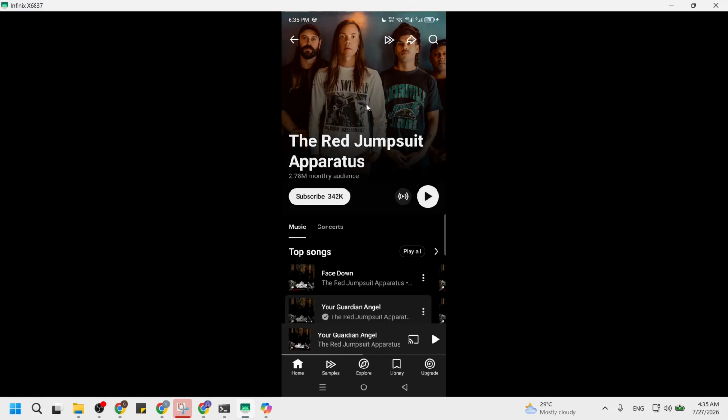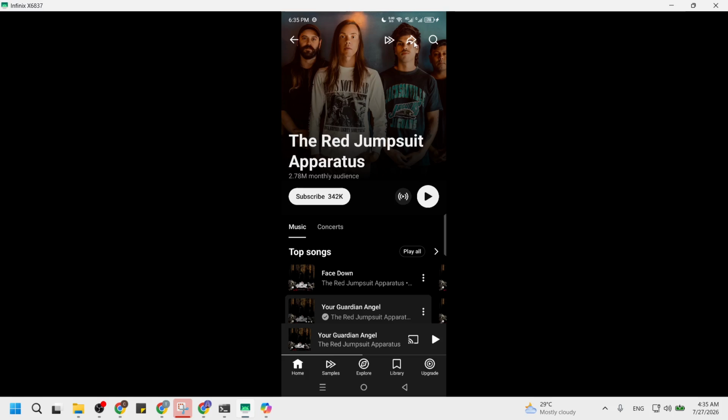With the artist page open, you can now bring up the menu that lets you share it. Look near the top of the screen by the artist name for the three-dot menu icon. On some devices, this menu might be next to a share icon. Tap the three dots once to open the pop-up menu.